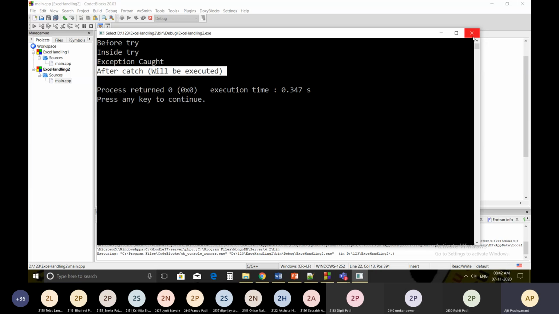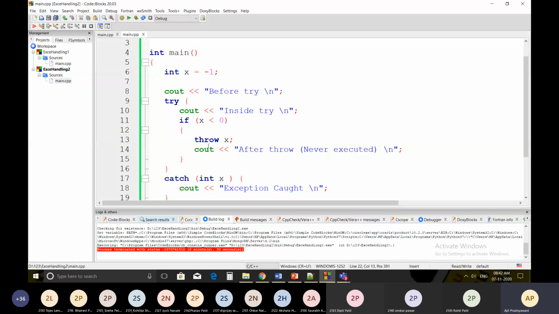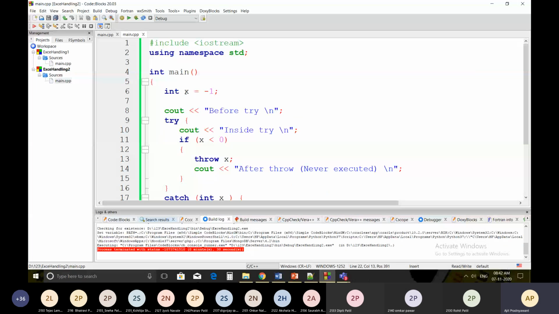Now I'm going to make a slight change in the code, and let's see what will happen. Instead of x equal to -1, I'm going to initialize it to 1. So before try will be executed. Control goes to the try block. In the try block, it will print inside try, and in the if block, it will check whether x is less than 0.